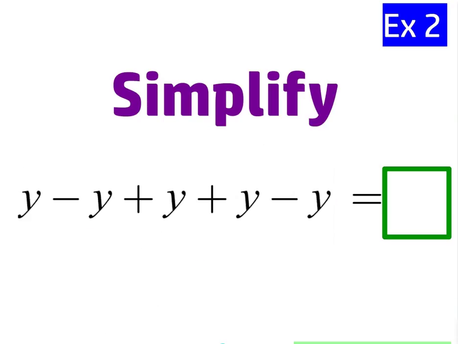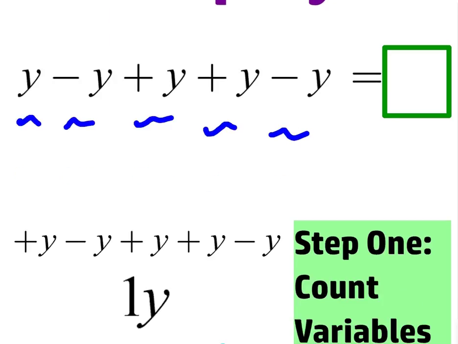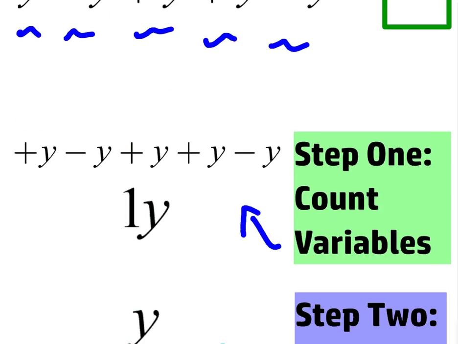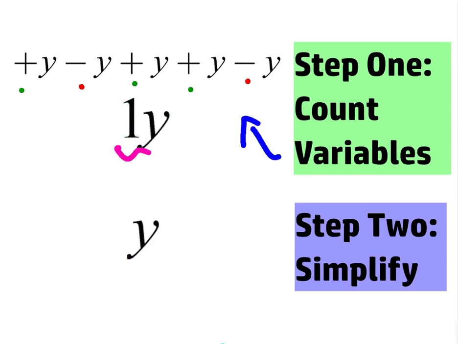Okay, next example. We have y minus y plus y plus y, and then we have minus y again. So first step, we're going to go ahead and count the variables. Let's use green here. We have 3 plus signs and 2 minuses. 3 minus 2 is 1. So remember, take the pluses and subtract the minuses. We have 1y, and that just simplifies to,